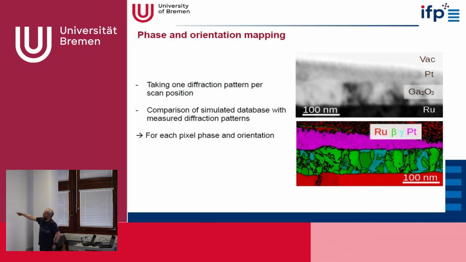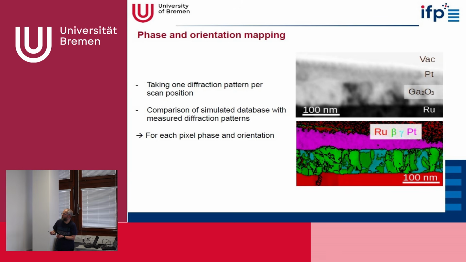However, we also see that there are different grains here in the beta gallium oxide, and these different grains are due to different orientations. So, for example, beta gallium oxide is monoclinic, and the substrate ruthenium is hexagonal. And if we now put this monoclinic beta gallium oxide onto ruthenium, it can align to the substrate in 3 different directions. And these are then called rotation domains. That means we have different rotation domains in this crystal.